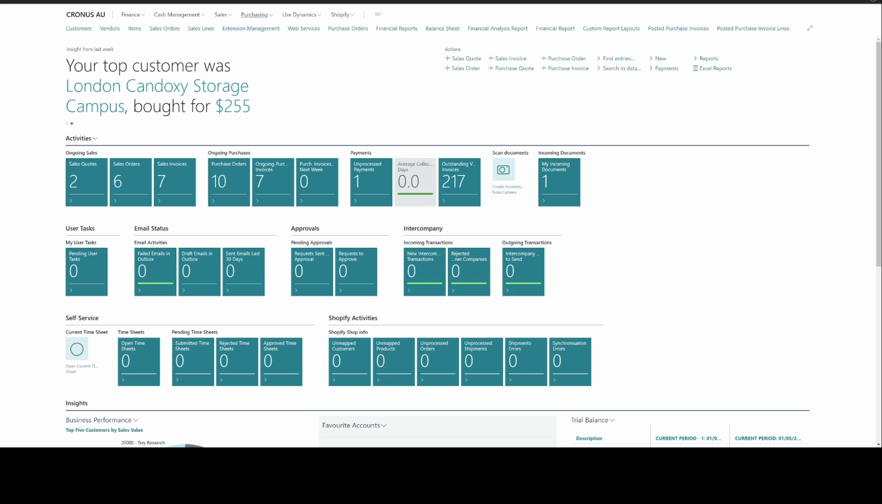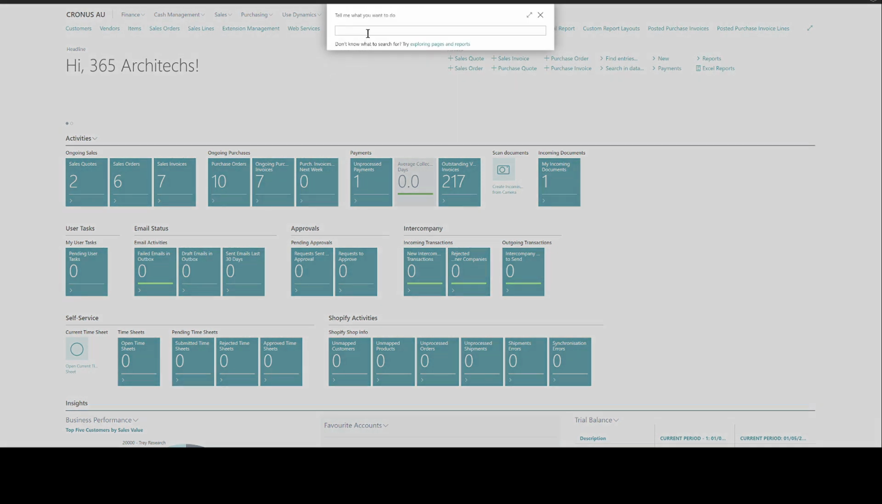Let's start. I'm working with the Cronus database. I'm located in Australia, so I'm using the Cronus Australian version. As you can see, it's Cronus AU. Let's start. If I go to the search bar and search for internal movements,